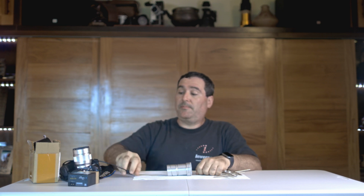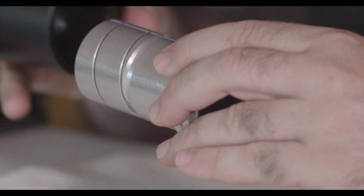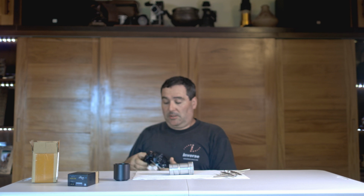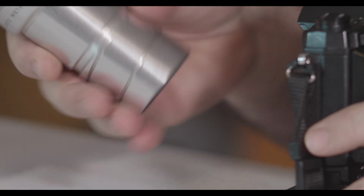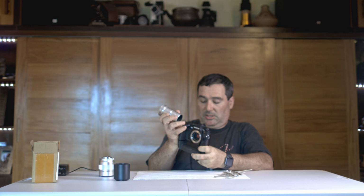What I have here is just a Micro Four Thirds camera and some tubes that I have collected over time. So the idea is that I'm going to use them to try to fit and check if the lens actually creates an image at the Micro Four Thirds camera. So let's start. The first thing that you want to do is actually move the lens in front of your camera. It can be just like that,